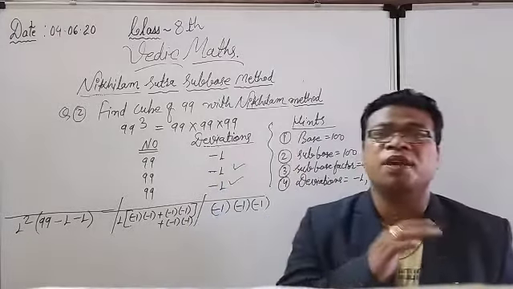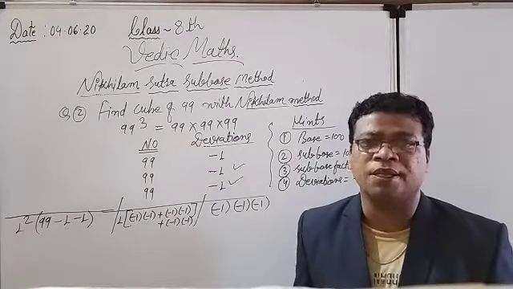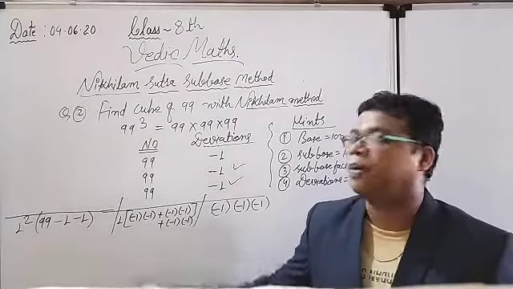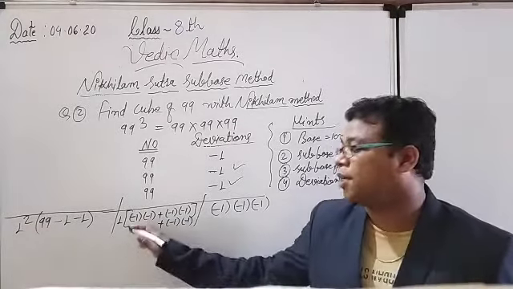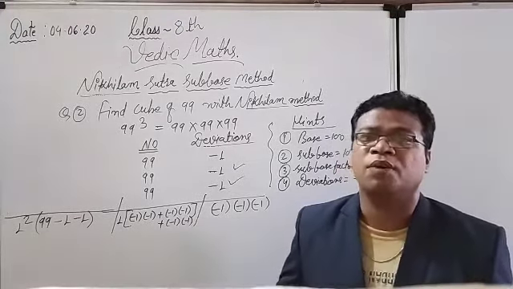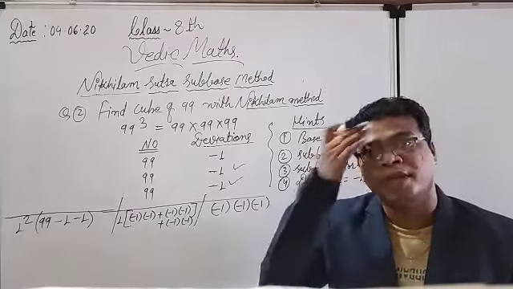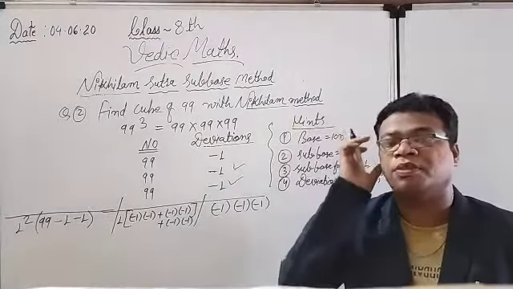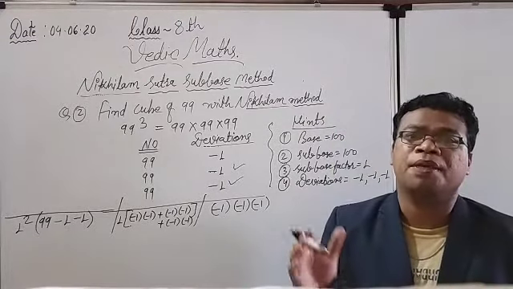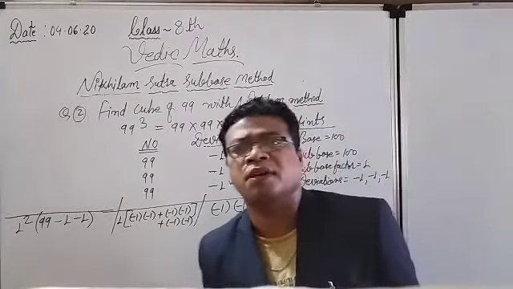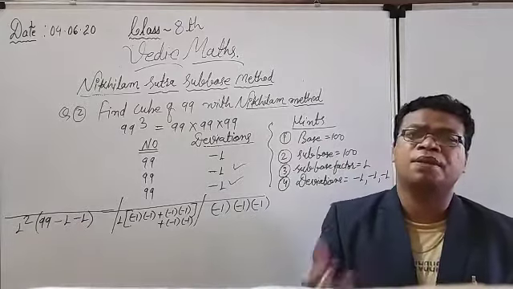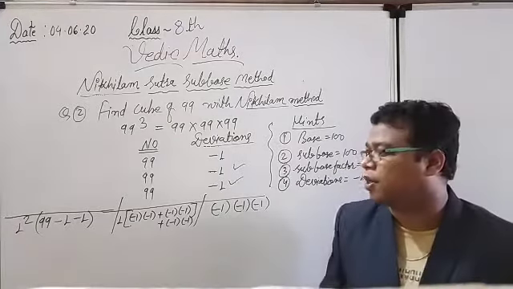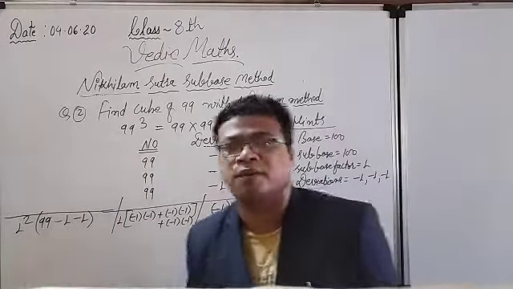But actually we have to follow the rules and regulations. Otherwise you may be confused. Somewhere I am multiplying with 1, somewhere I am multiplying with 2 square, and somewhere I am not multiplying. So actually I want to tell you, whenever we are considering the base and sub base, if there is no need of any sub base, or you can say if the sub base and base are both equal to each other, then in that particular case that factor is equal to 1.